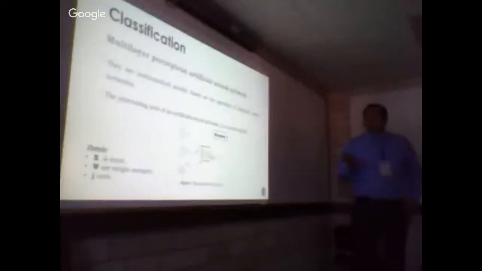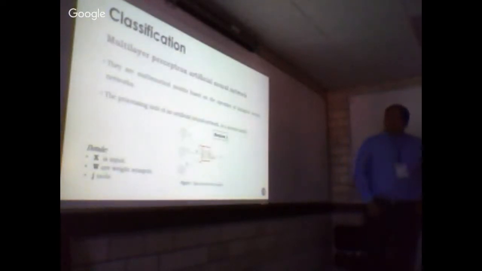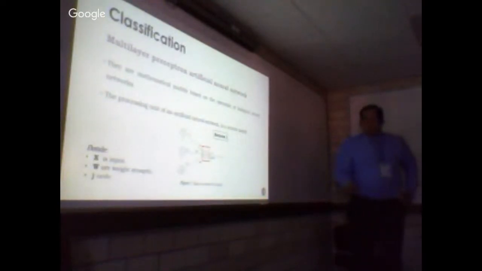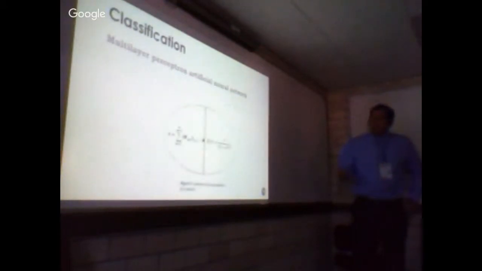For the block classification, the multi-layer perceptron artificial neural networks are mathematical models based on the operation of biological neural networks. Figure 7 shows the basic scheme of the neuron, where X is the input and W are the synaptic weights, and J is a node. The neuron is called a node. This node